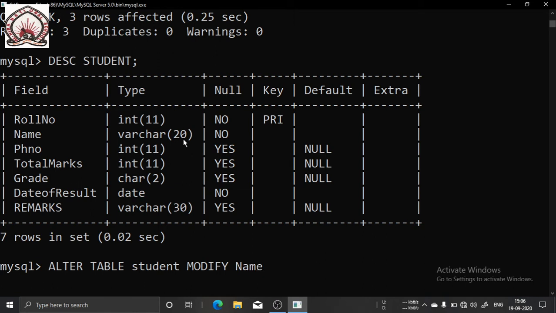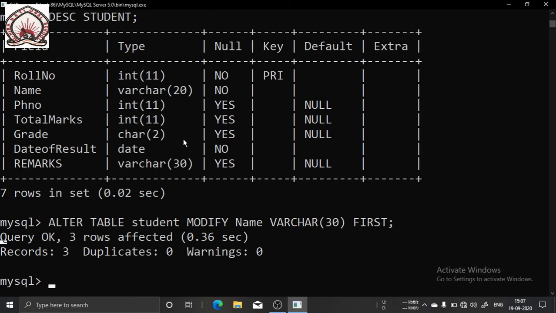The data type should stay as it is, so varchar, and within brackets I give the new size: it was 20, I want to make it 30. Another thing, suppose I want to bring the name to the first position. If I give FIRST here also, you see, many things I can modify together, and it will go to the first position.